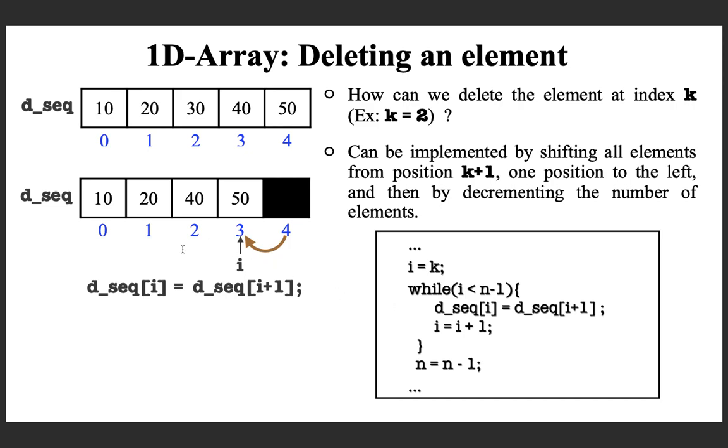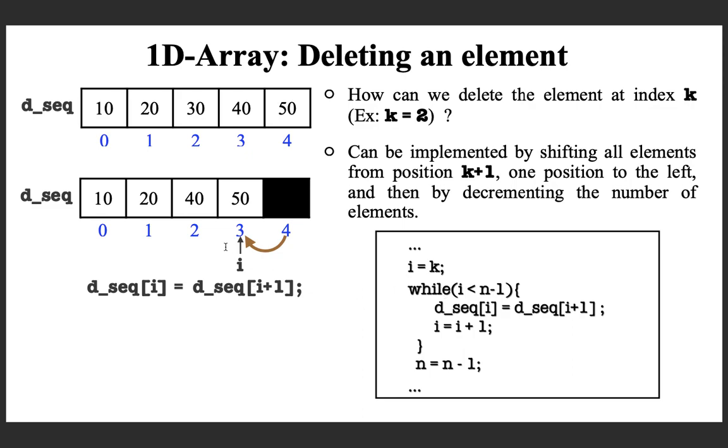So what we did is, from all the positions from K to the second last position, you say that, okay, now I want the next element here. This is the statement. So this is exactly what we are doing. I hope you're getting me. Otherwise, please think about it offline.